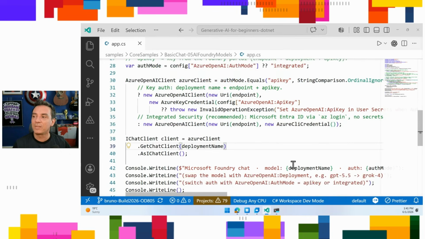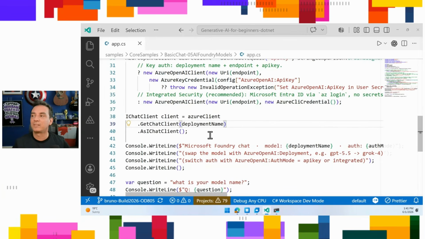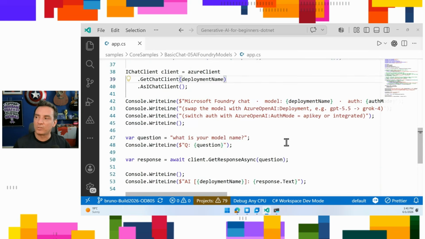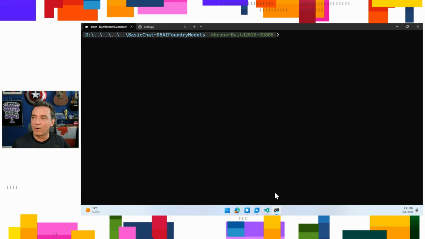Once I have this, these are the 3 lines that make the magic. Create the client and then get an IChatClient. That's it. This is as simple as we can start to interact with the chat. The important part here is that later we can pick up the response from the question. I think the first question that we have is, what is your model name? And we can show the question online. So if I run this sample here,